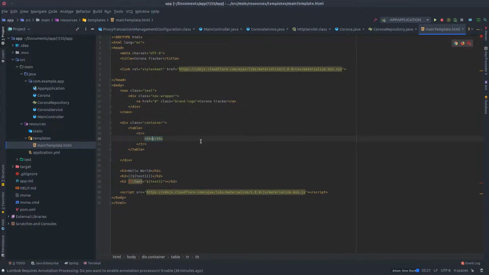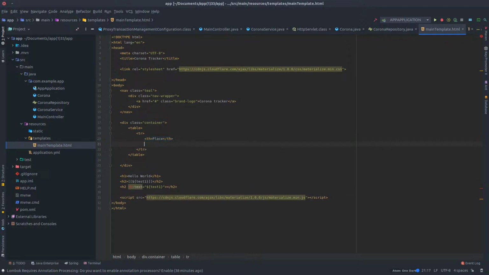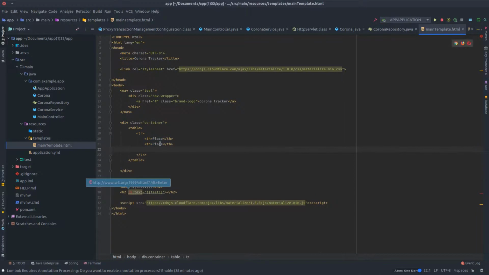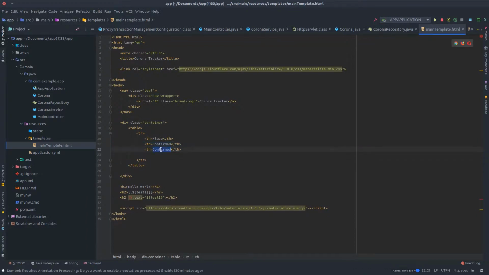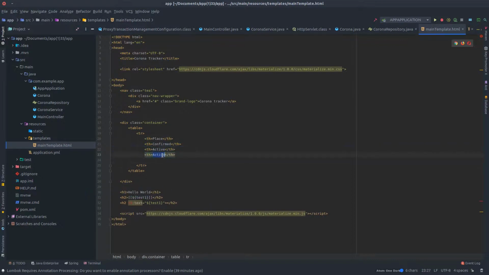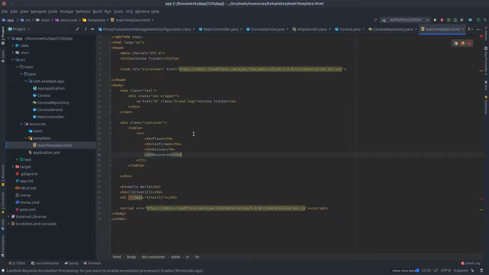We're going to use place for our combined key. Then we're going to have confirmed and active and recovered. Okay, and then